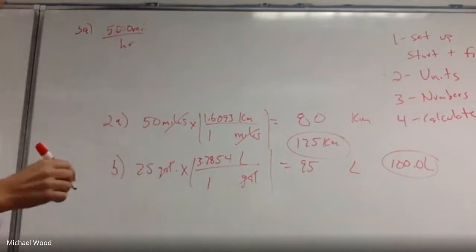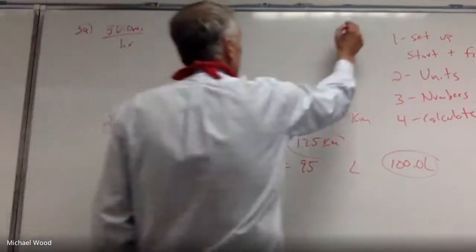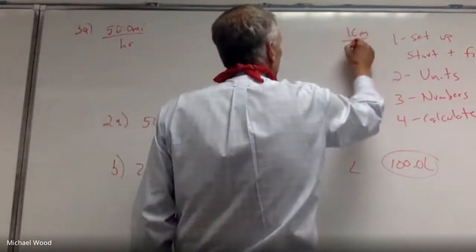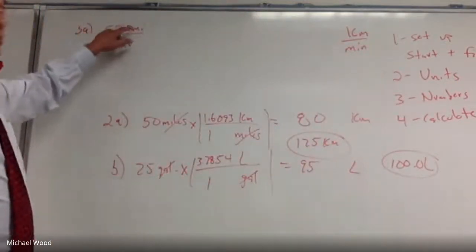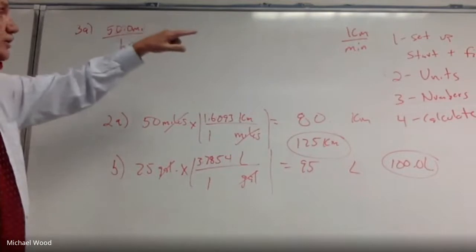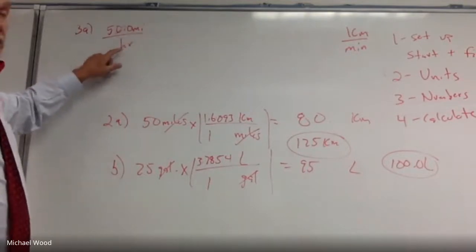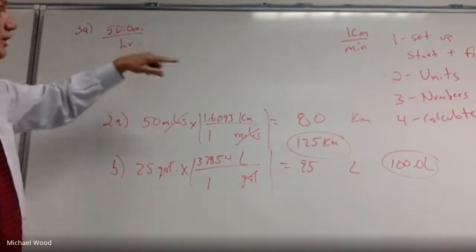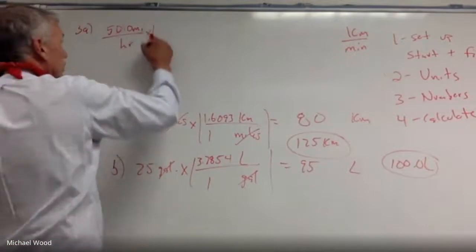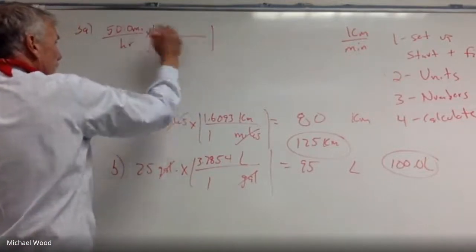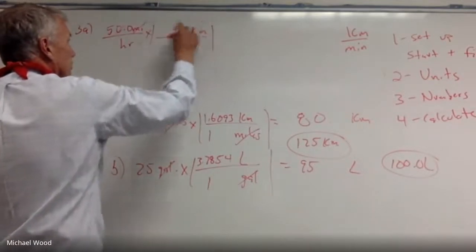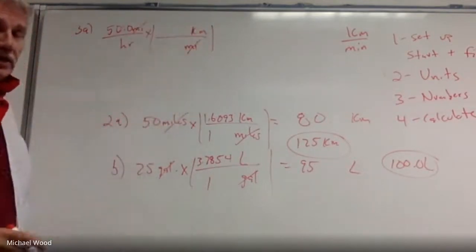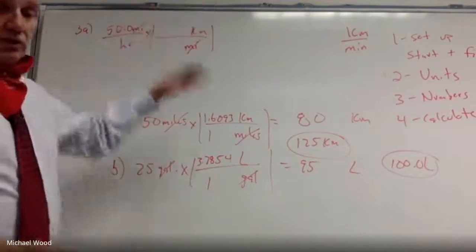And I want to convert these into kilometers per minute. So if I analyze this, I want to change the unit in the numerator from miles to kilometers, and the unit in the denominator from hours to minutes. Okay, so we've just been doing these. So I want to cancel out miles, so they go here, and kilometers go here. So I've canceled out miles, I've got kilometers, so I did the setup, I did the units, so now